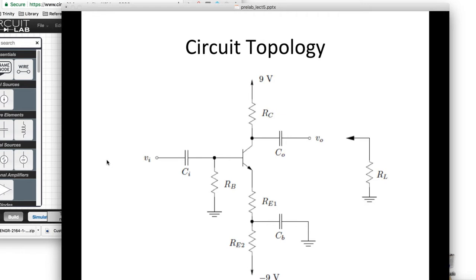And it's got okay output resistance, so when it has a load, you don't lose much voltage off of VO to drive that load. So it's a decent middle-of-the-road amplifier. You'll be studying it in class, and it's an AC amplifier. And these two capacitors here on the input and the output actually decouple any DC that's present at the input